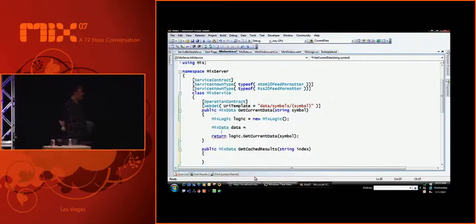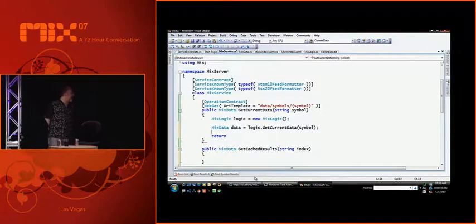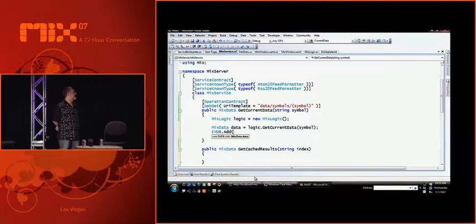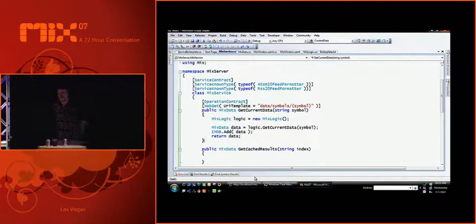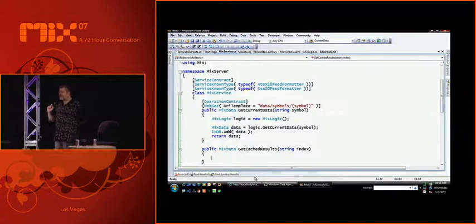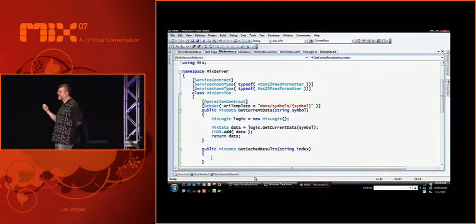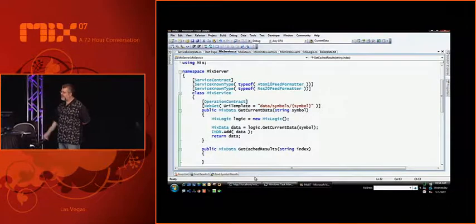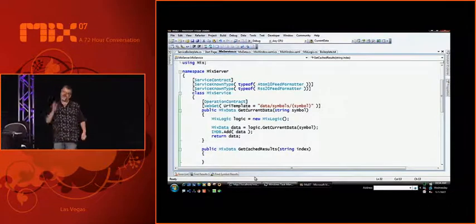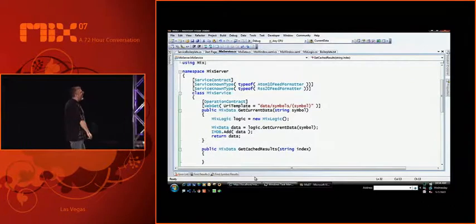So we'll go ahead and do mixed data equals logic.getCurrentData, blah, blah, blah. We will then call imdb.add on the data, and then we'll return the data. So all we've done is altered our method that we wrote in the last little stanza of code to just add this one line of intermediate code, which is going to cache the result of the query. And we're just going to keep a running list of the answers we've given out lately, because we'd like to know, well, what are people thinking about donating money for, and where are they expecting to get it from?